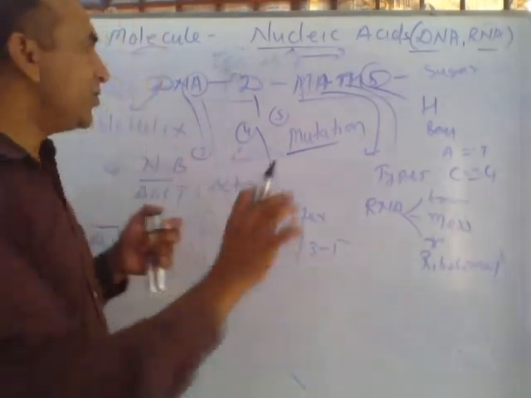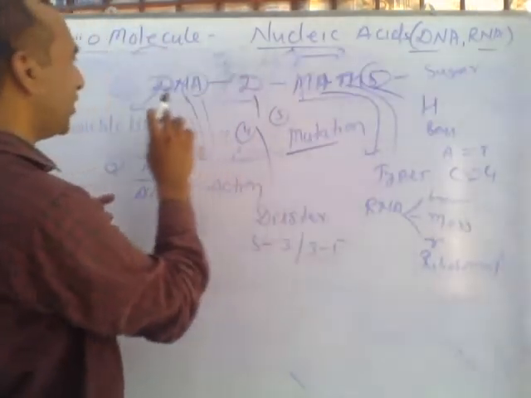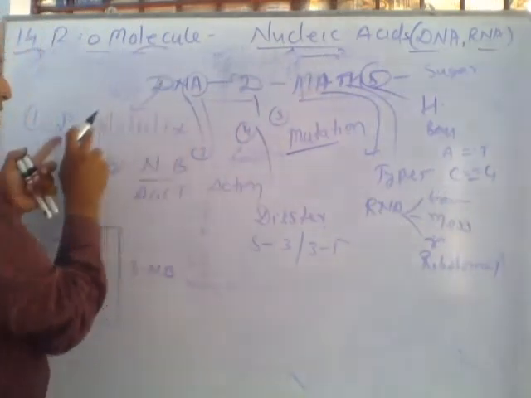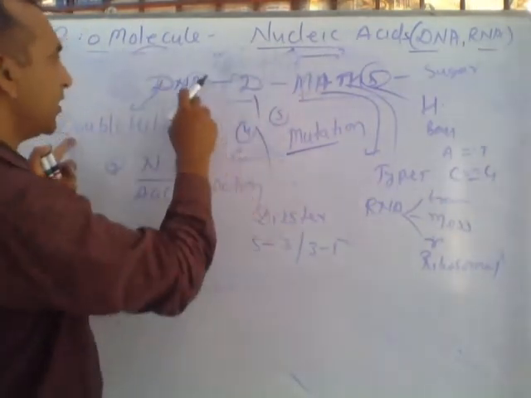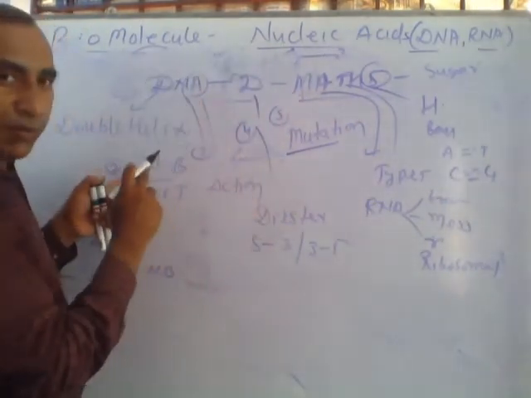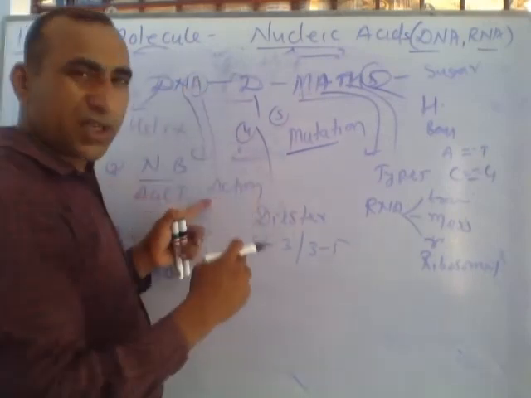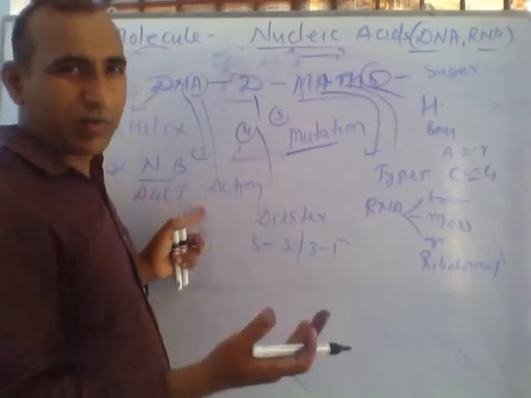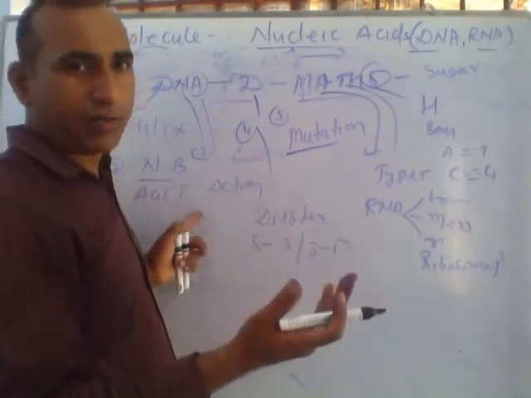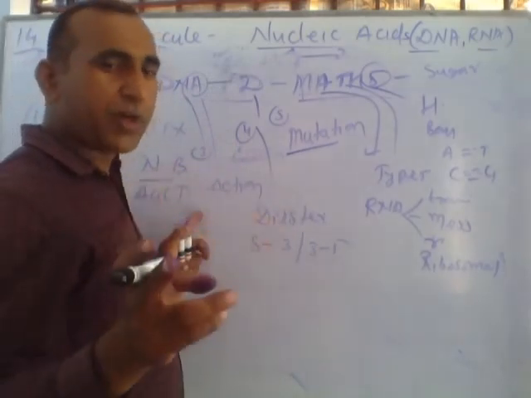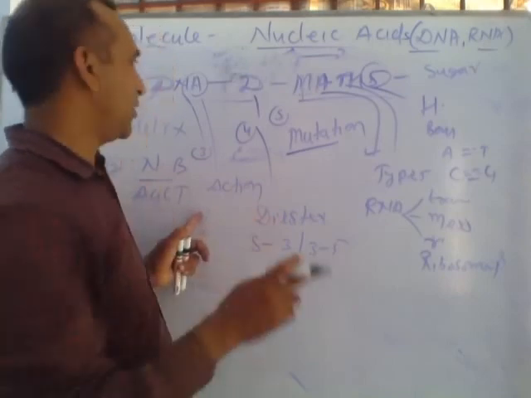You can speedily revise what is the meaning of DNA. D means double helix, otherwise single helix, and name of nitrogen bases present in DNA and RNA. A means their action, role, otherwise function. What is the role of DNA? What is the role of RNA in our body? DNA, genetic material, RNA, protein synthesis.